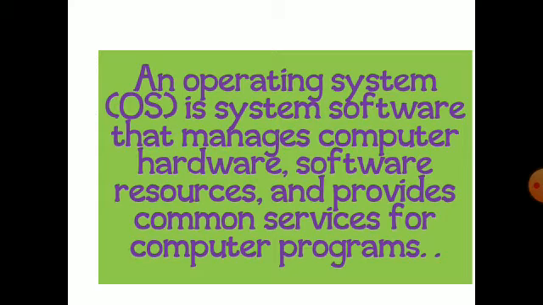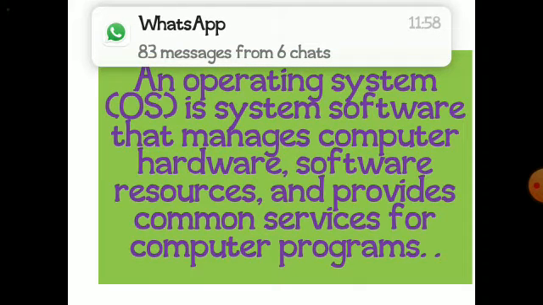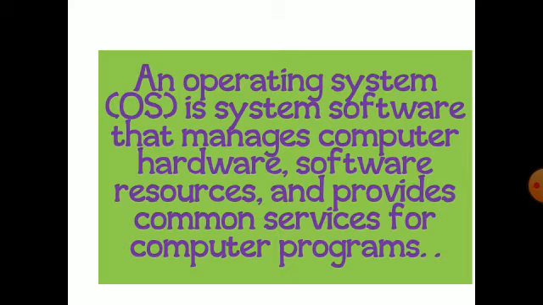What is software? Software refers to the set of programs that tell the computer how to perform a particular job. There are two types of software: system software and application software. System software is software that controls the overall functioning of the computer. Without system software, a computer cannot function. Children, an example of system software is the operating system. In our computer room, the operating system is Windows 8.